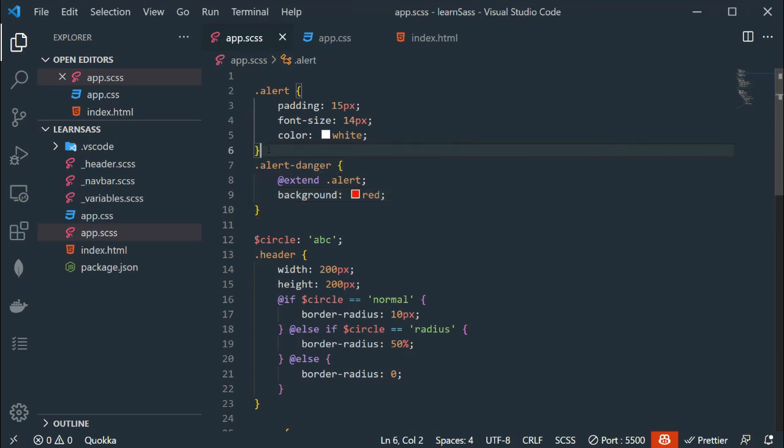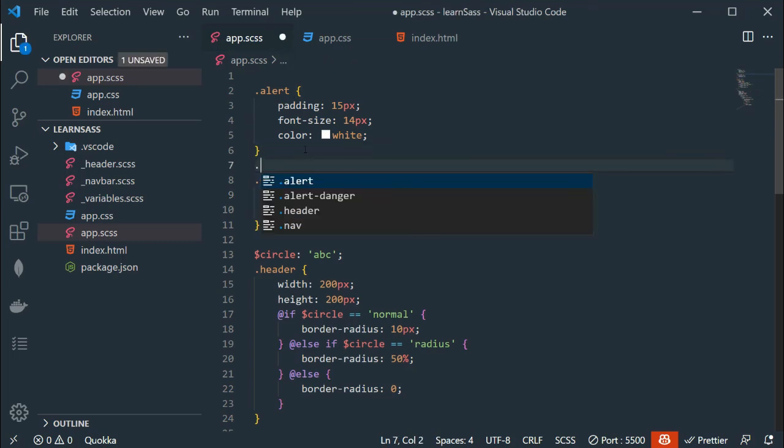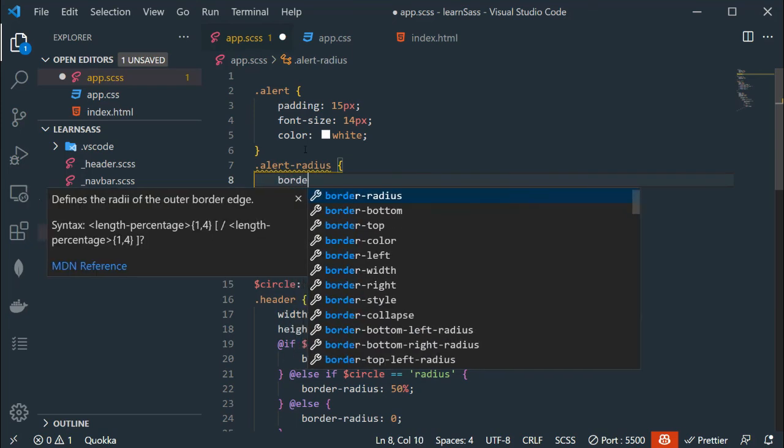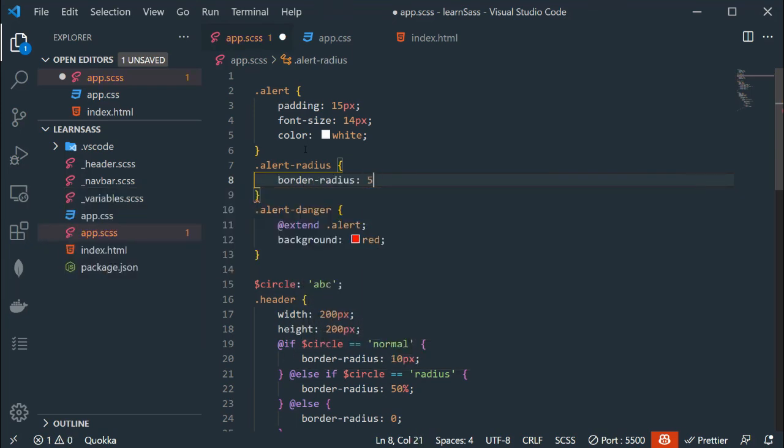Now we can inherit more than one class. Let's say I am going to create one more class, .alert radius like so, and this will have border radius 5 pixels. Now I want to inherit the alert radius class as well inside alert danger.